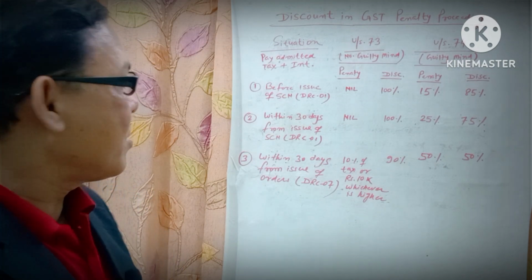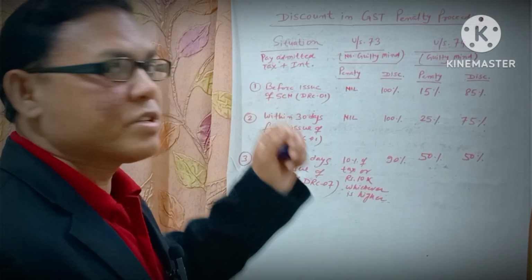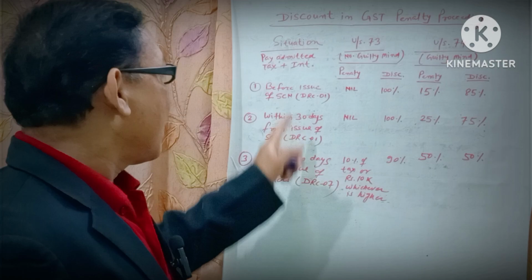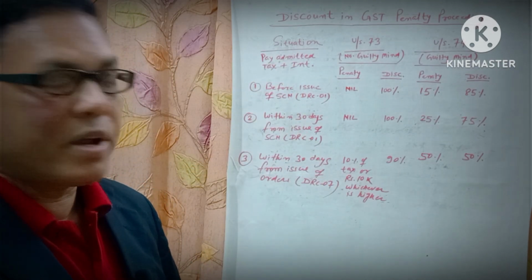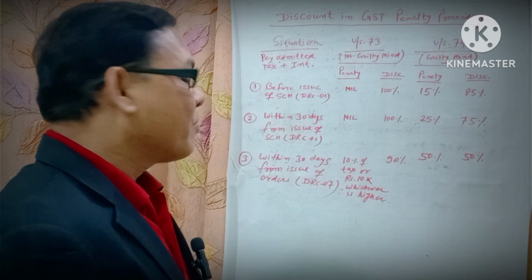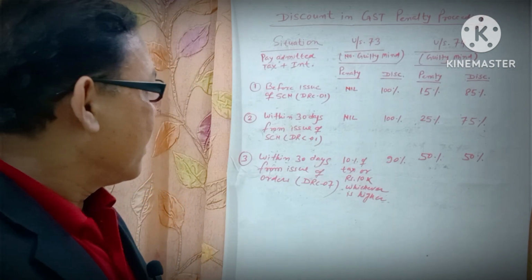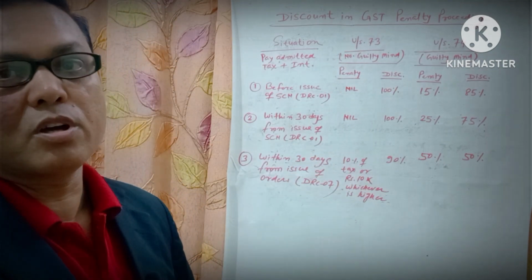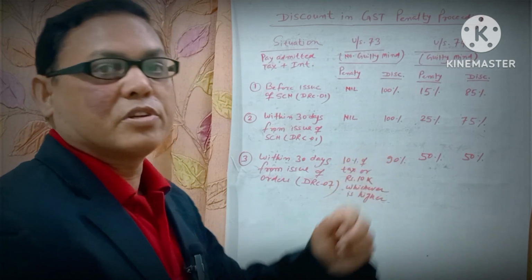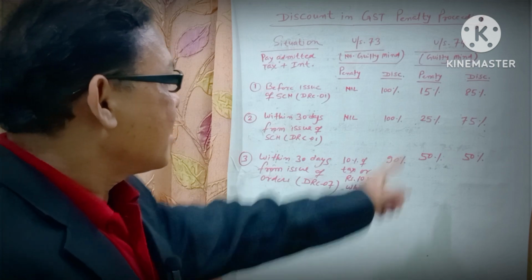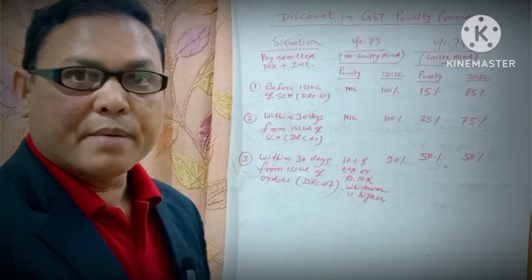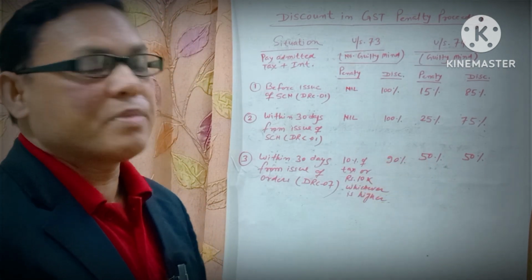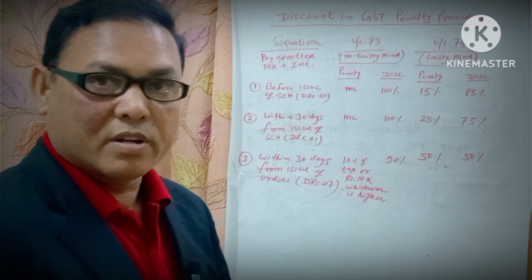Now comes the last situation, where the first two situations have not been availed. In the last situation, if the admitted amount of tax and interest is paid within 30 days from the issue of the order, that is DRC07, then under section 73 the penalty payable is 10% of the tax amount or rupees 10,000, whichever is higher. Here 90% discount can be availed. In a section 74 case, if the admitted amount of tax and interest is paid, then penalty is payable only 50%, that is 50% discount is availed.